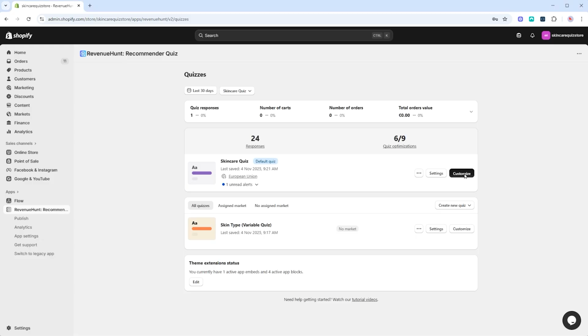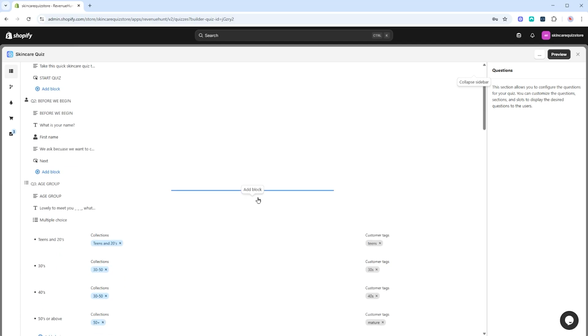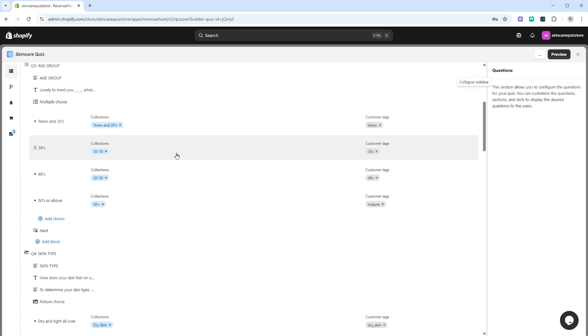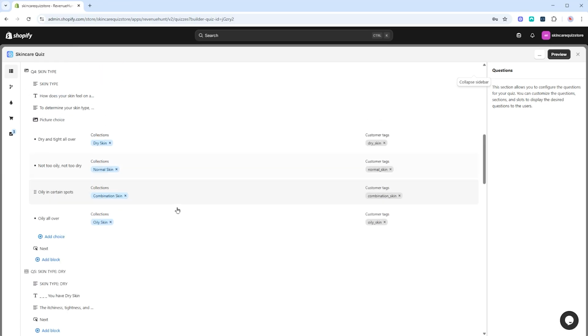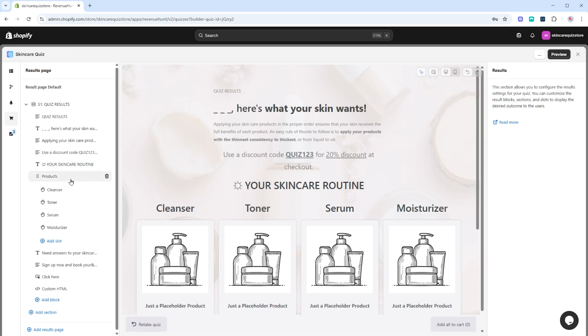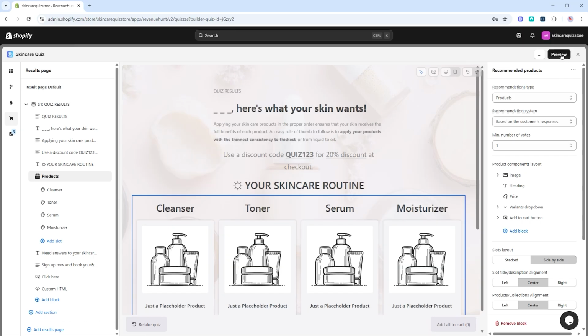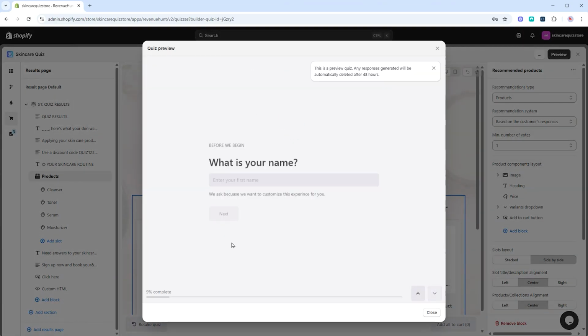I have a skincare quiz that asks customers about their skin condition, age group, and allergies. Based on their answers, the quiz upvotes different product collections and recommends the most voted cleanser, toner, serum, and moisturizer on the results page. To begin troubleshooting, I'll preview the quiz and go through it as if I were a